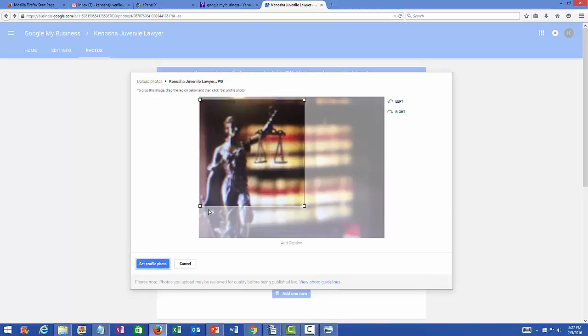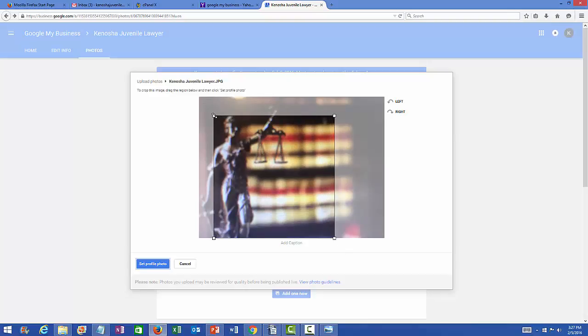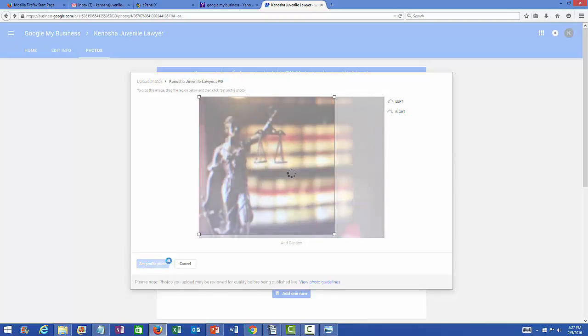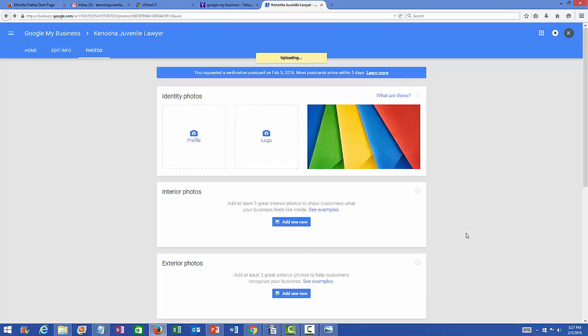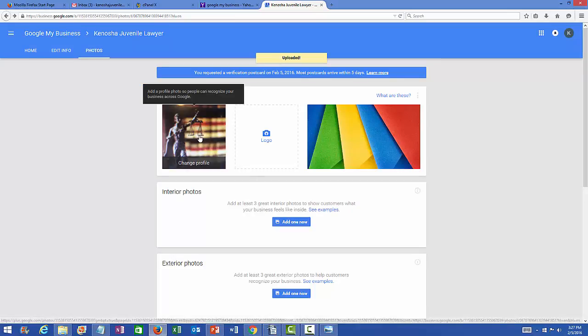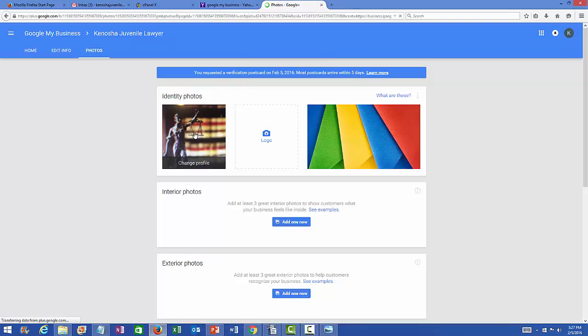I went back. I'm going to try to resize this a little bit. Okay, I'm going to set profile photo. Now, what I did here, just so you can see, I went back, found the picture, and under the image name,